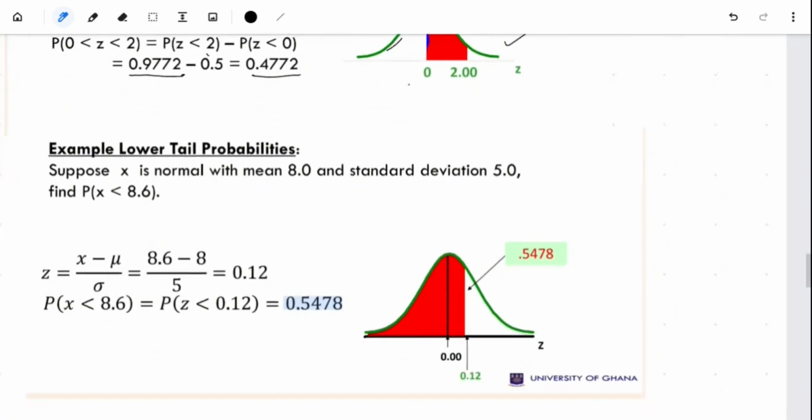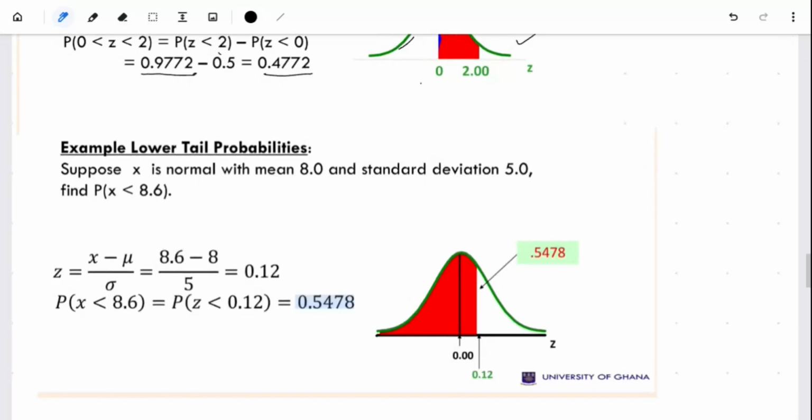Okay, suppose S is normal with a mean of 8.0 and a standard deviation of 5.0. So we should find the probability that S is less than 8.6. This one you've already solved. So here is the case, our S is